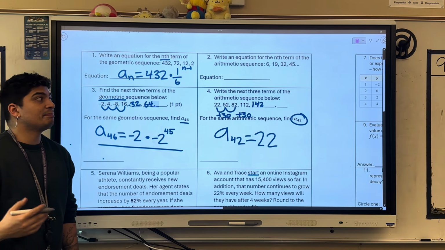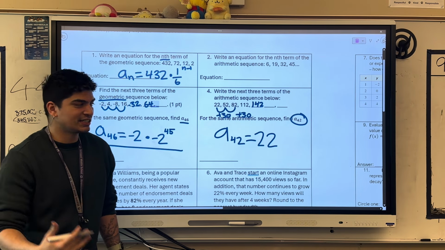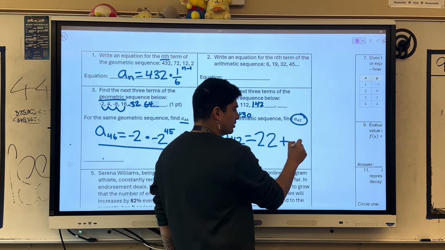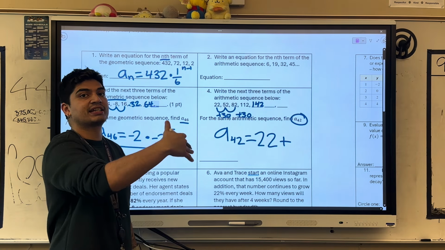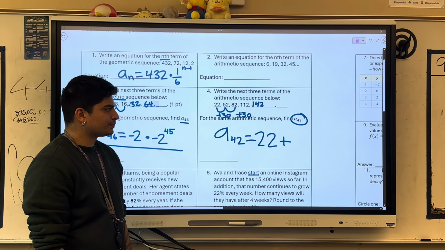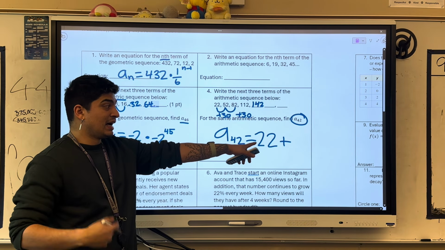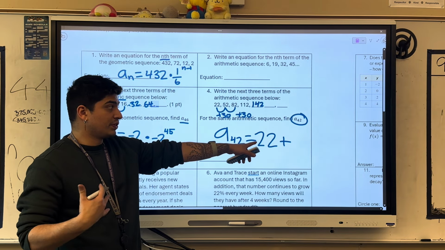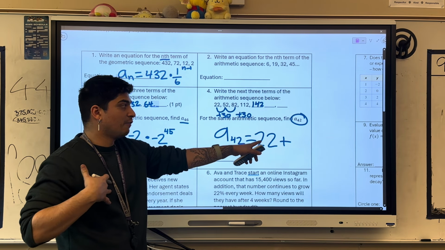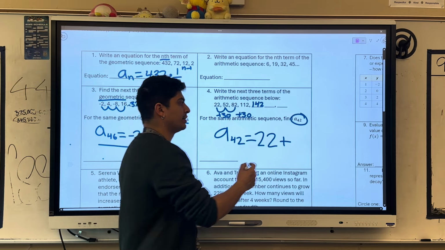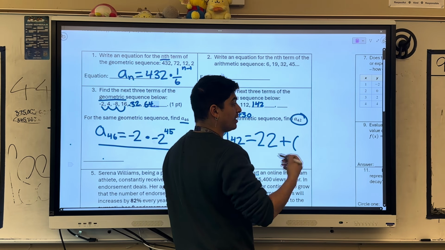And then, think about it, it's being added each time. Just like in arithmetic, you're adding the next couple of steps. So I'm starting at 22. I want to know what the 42nd number is. So that's 41 steps ahead, so you would do 42 minus 1 to give you